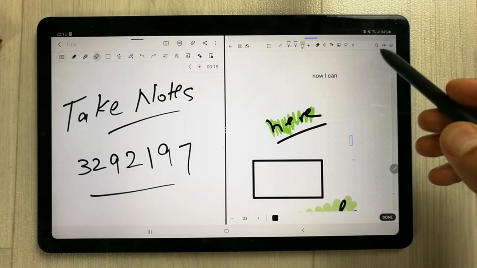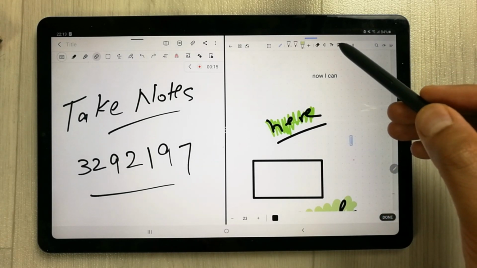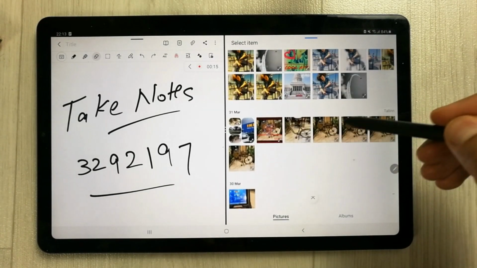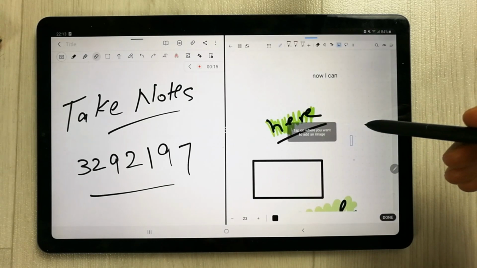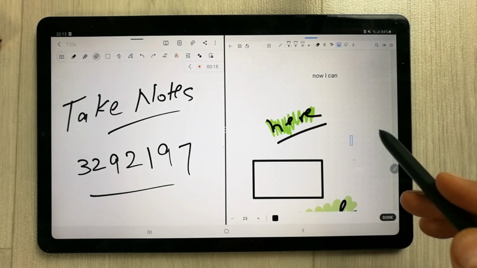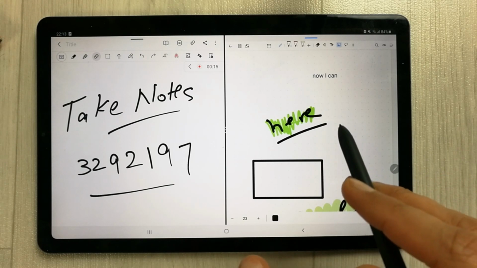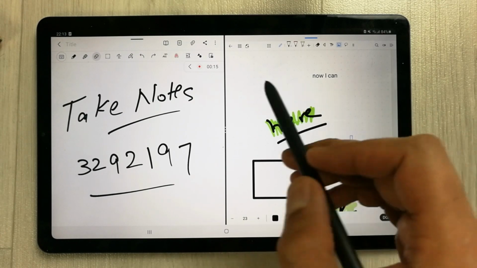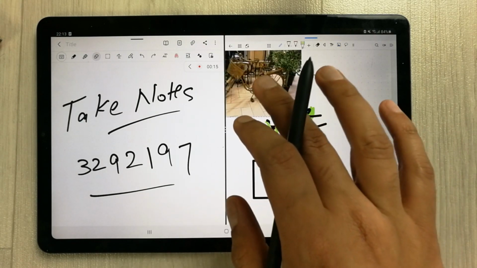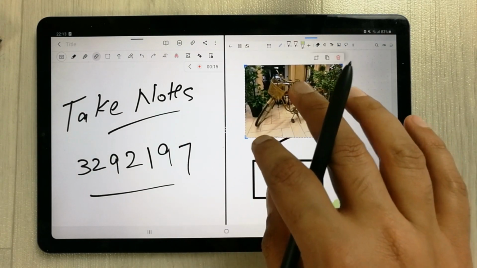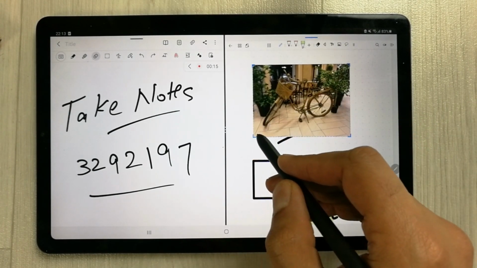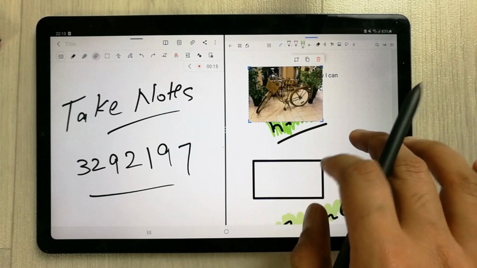The other option is the image file. For example, if I select any image from the gallery, let's say I select this image. Okay, so now it will ask me again where I want to insert my image, on which location on my page. So for example, I want to insert my image here, so it will insert the image over here, and then if you want to change the location, you can also change it. So this is a really cool feature, and Samsung Notes doesn't have this feature.